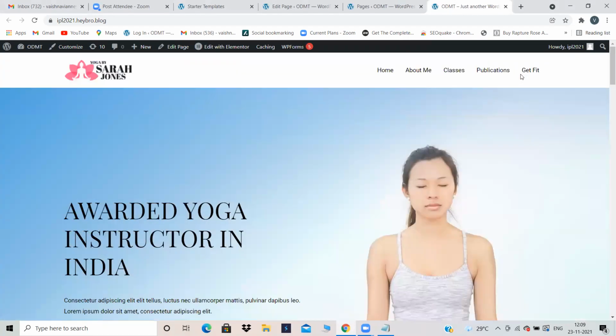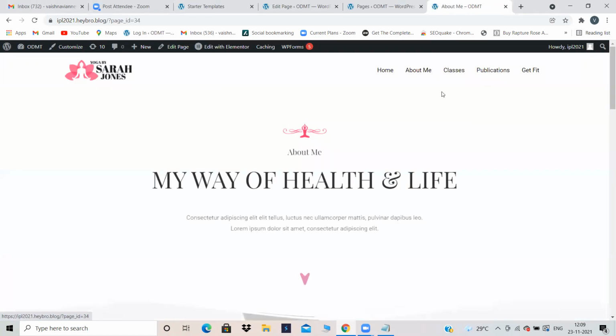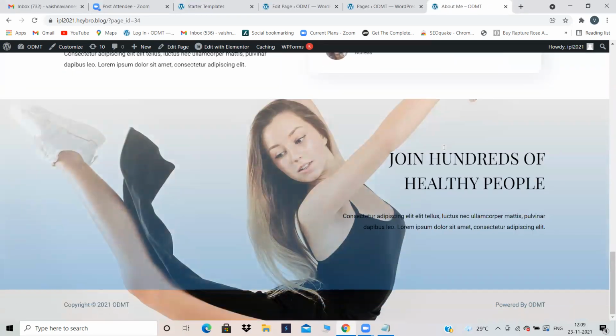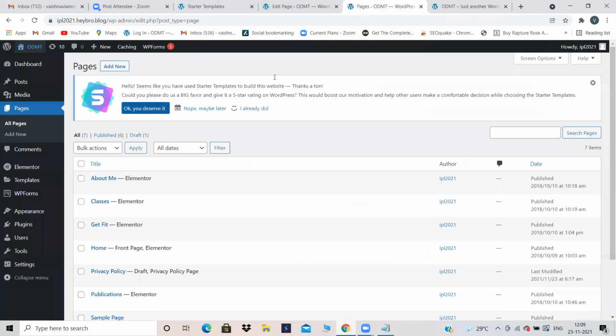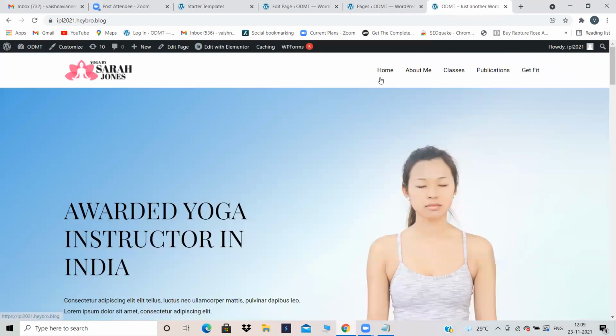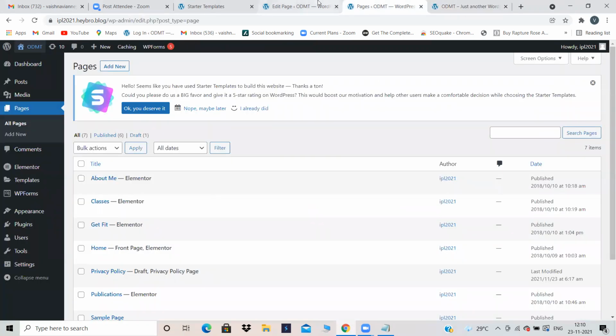But suppose if you want a 6th page, assume that you want a 6th page, but 6th page is not there. Is 6th page available over here? No, it's not there. But at the time, how to get a 6th page? We need to add new. Huh? We need to add new? No. See, if you add new page, what will happen? That page will be a basic page and this page is a advanced page. Am I right? Yes. That page will be a basic page.